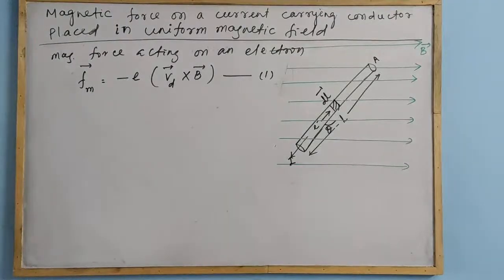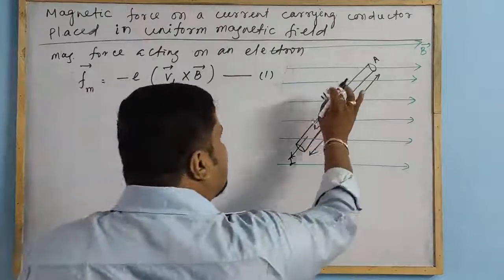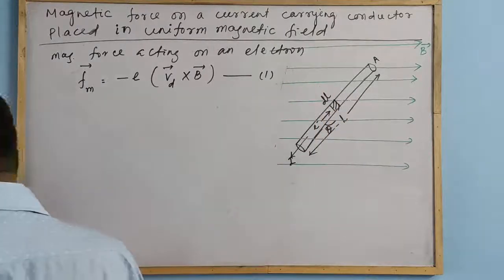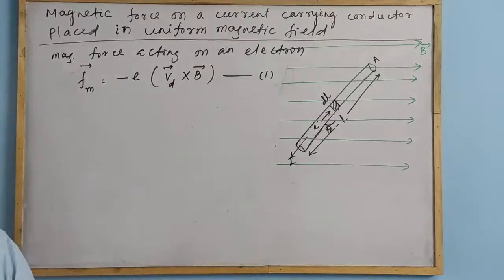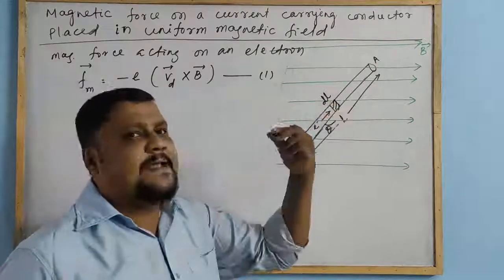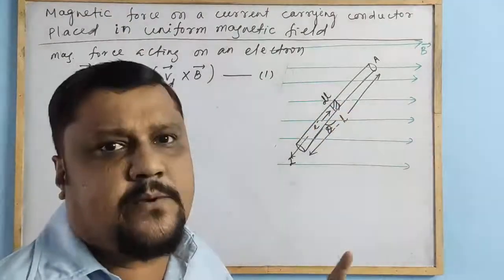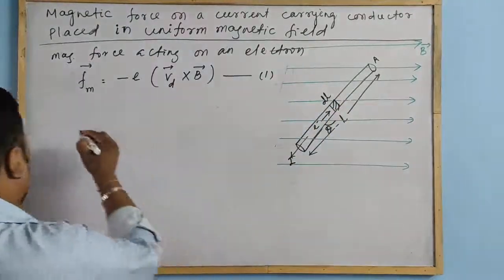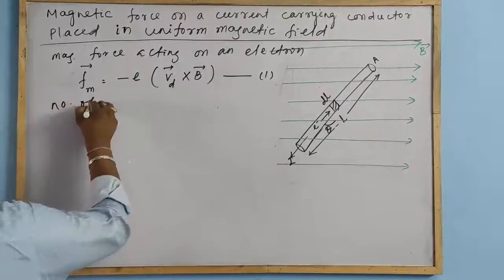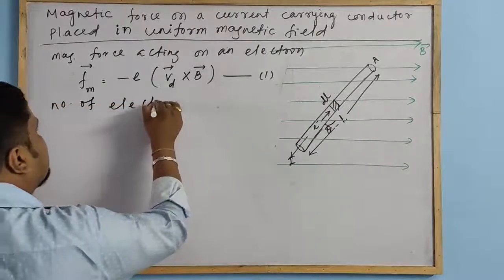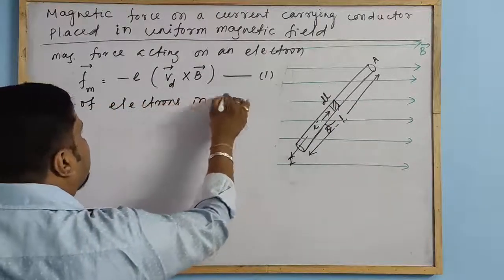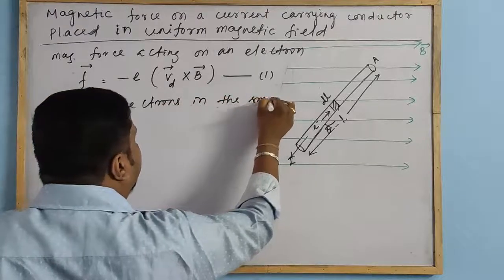And let the conductor make small elements like this, small element is let the magnitude is dl. Clear? And now consider a conductor has small elements dl. So in these small elements, what is the number of electrons? I will find out. Number of electrons in the small element